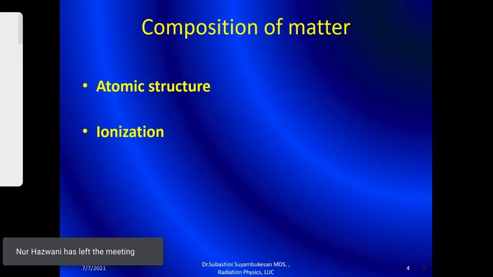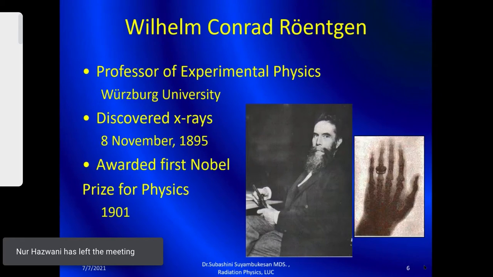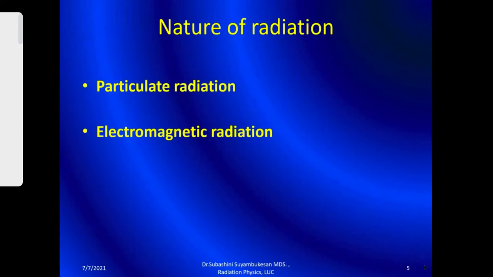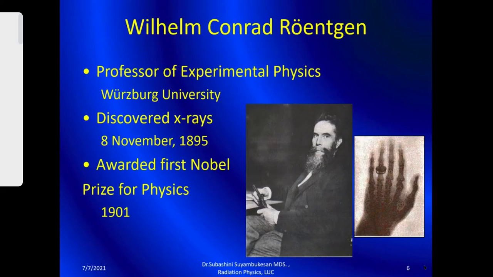Right, so X-ray is one part of electromagnetic radiation. You all know this person was very fond of his wife. So he always took radiographs of his wife, unknown to the fact that it can cause mutation. It has an ionizing effect. Knowingly or unknowingly he took them. So this is an iconic radiograph.